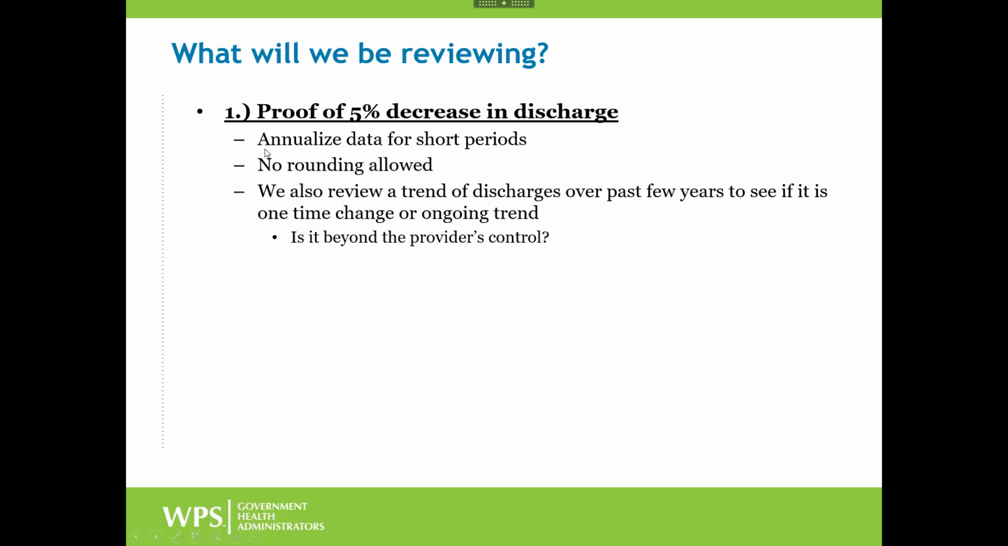So, again, the regulation requires that we annualize either period that might be short or long, for that matter. If it's not a standard 12-month period, no rounding is allowed, but keep in mind this has to be more than 5%. So it could be 5.0001, but it can't be 5.0 exactly, and it certainly can't be 4.999. It has to be more than 5%. And we're going to take a look at the trend of discharges, as I said, to see whether it's a one-time change or is it an ongoing trend that perhaps should have been under the provider's control